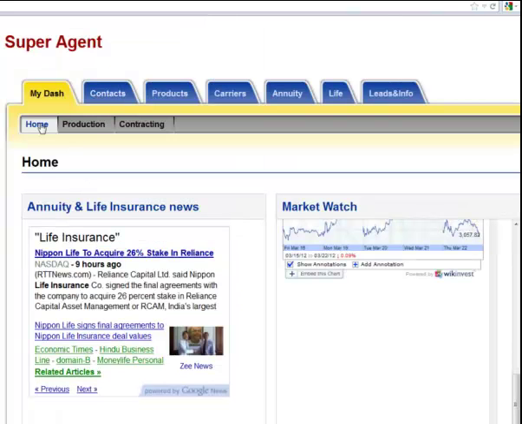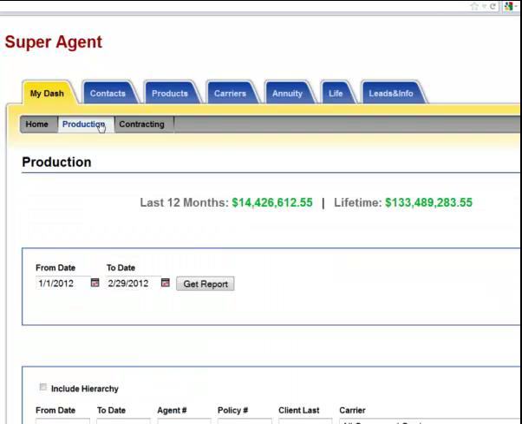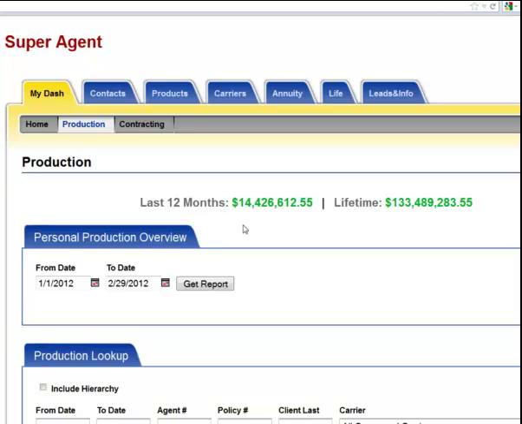Moving over to the Products tab, great tab here, is going to show me the production for this agent over the last 12 months. So in the last 12 months, this agent has written $14.4 million of premium, lifetime $133 million of production. The personal production overview, this is something that is going to get us into a little bit